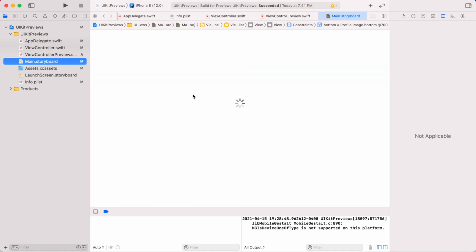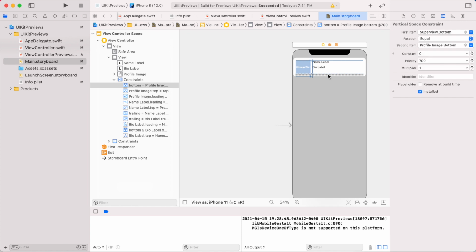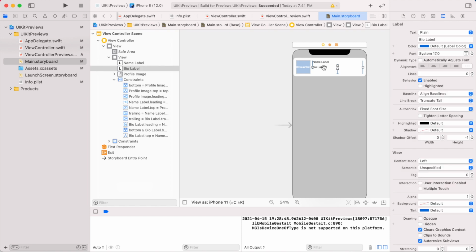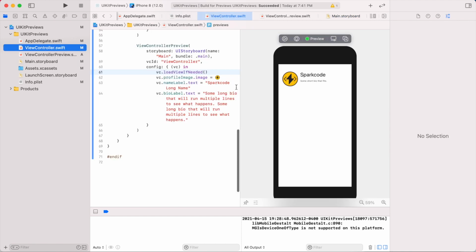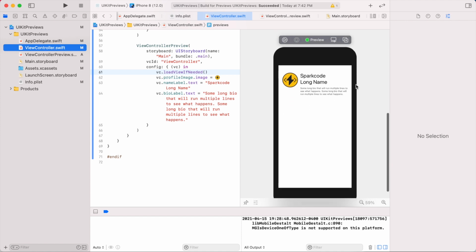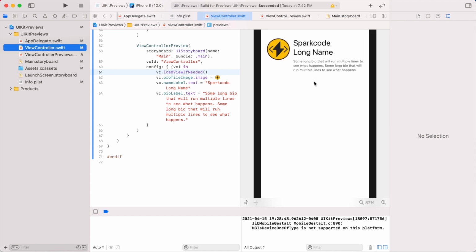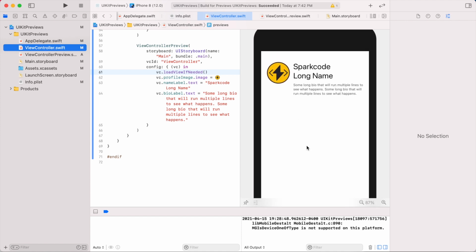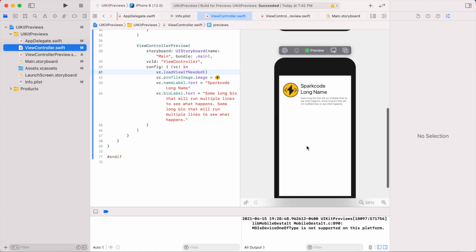Okay, it's still not going. Okay, there we go. So now our UI is actually running the amount of lines that it should without getting